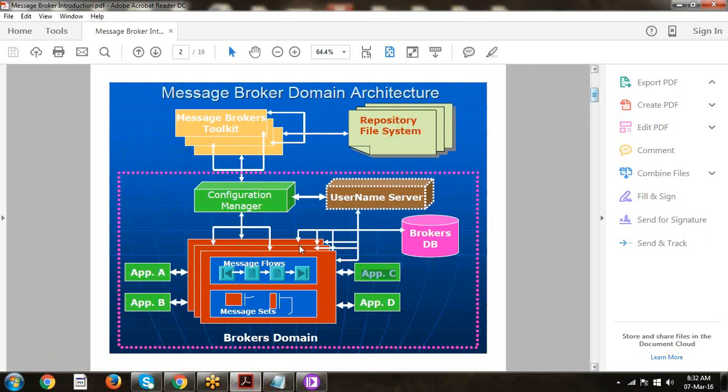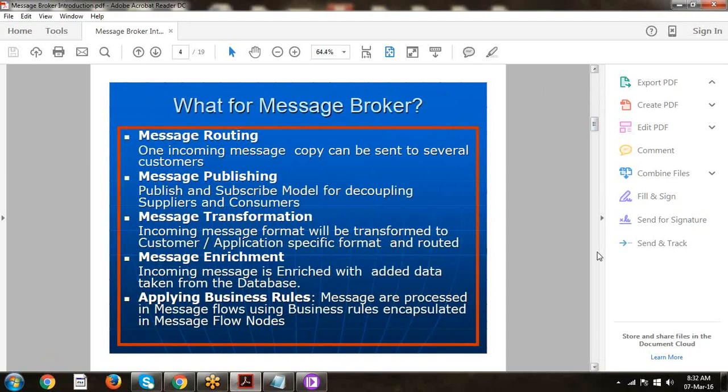Here in the message broker, the developer will define the message. We are calling it a message definition. Whatever format they require, the message broker will convert it and write those messages into the destination queue, and from there the application will read. Converting a message from one format to another format is called transformation.